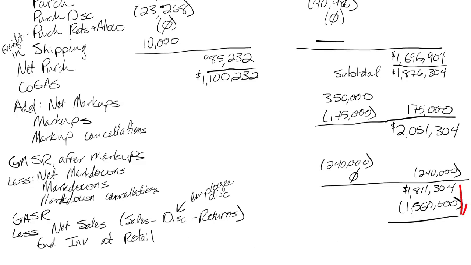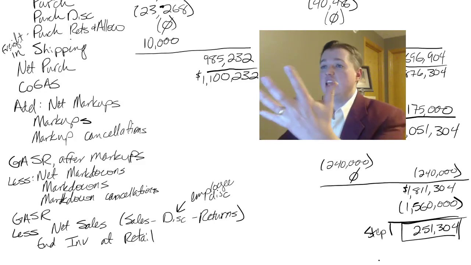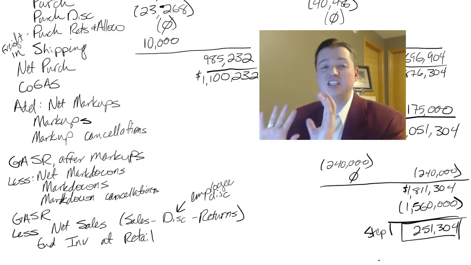And that lets us get our ending inventory at retail. So 1,811,304 minus 1,560,000 is 251,304. And that number right there, that's step one. And I usually get a bunch of people laughing at me at this point. Really? That's step one? Yeah, that's step one. The nice thing about it is whether you use average cost, lower cost or market, LIFO, FIFO, this is the same